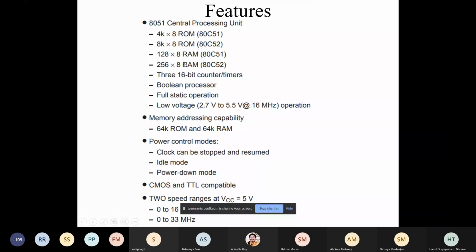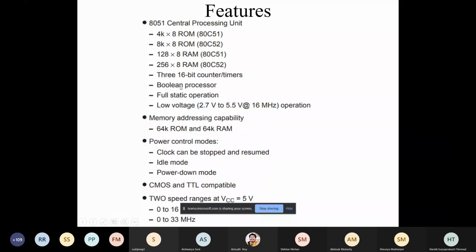So there are different types of RAM capacities; the size of the random access memory is different for different microcontrollers. With the 51, it is 128 bytes, that is 128 into 8 bits of RAM. And for the 52 series, or 89C52 or 89S52, it is 256 into 8 RAM. Likewise, there are different timers and counters, 2 or 3. Then there are different processors.